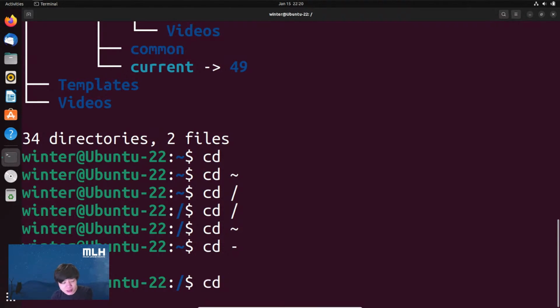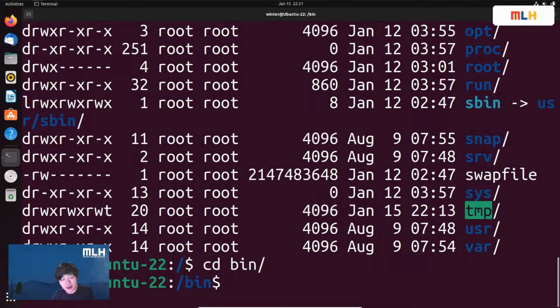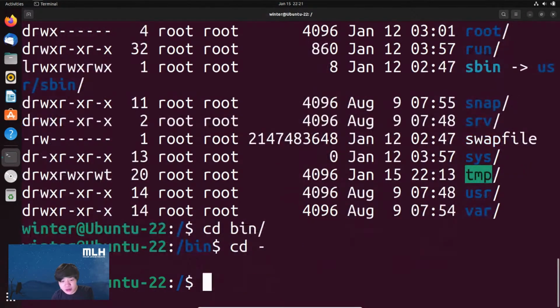So let's say if I do a cd, actually let's do ls again, right? So ls lists your file system. So I'm going to do ls -lp, which you can tell there's a lot more files here. So if I do, let's say, cd into bin, which is where all the binary files are stored, and if I do cd minus, it'll tell me that